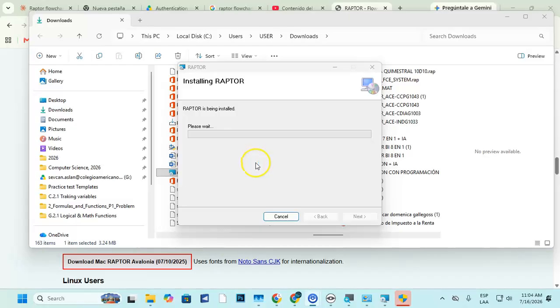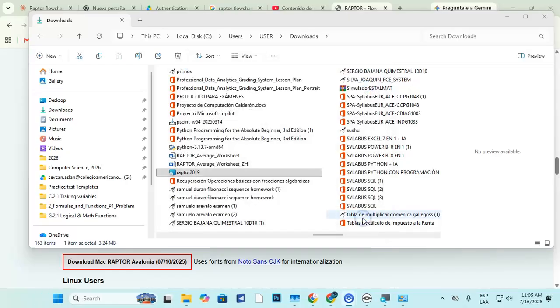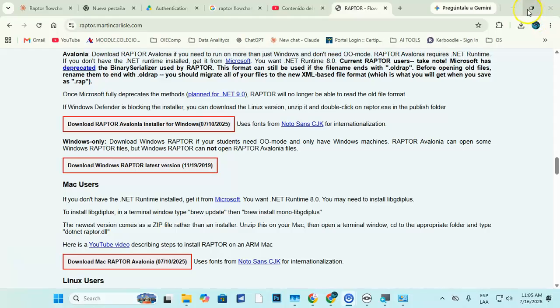If you notice that no installation is happening, scroll down to the taskbar and make sure Windows is not stopping this. Click yes to continue the installation, and that's it. Very fast. Close the installation program. Please close all the windows